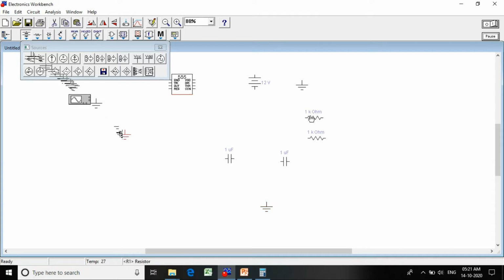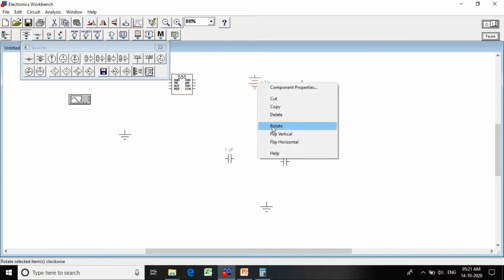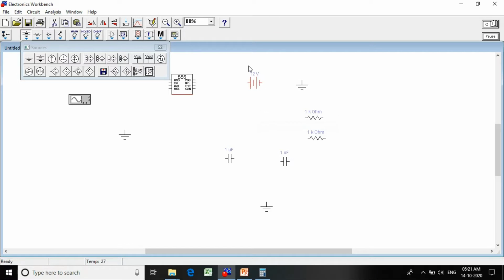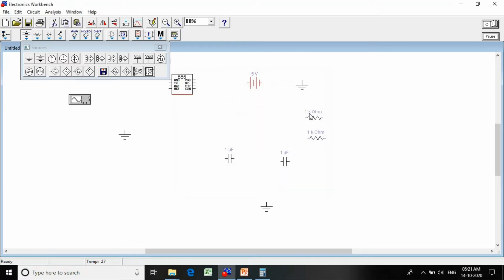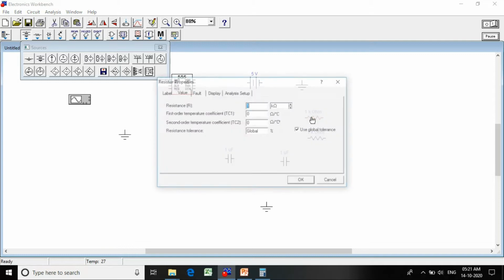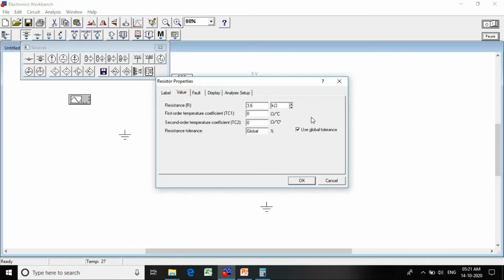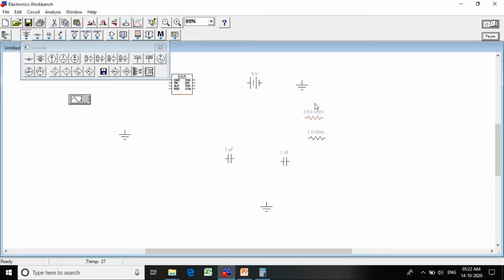So what will be the value of your VCC? We will take 5 volts. And what will be the value of RA? We'll take it as 3.6 kilo ohm. So this is what we'll consider as RB.